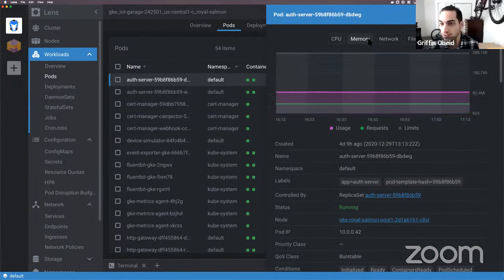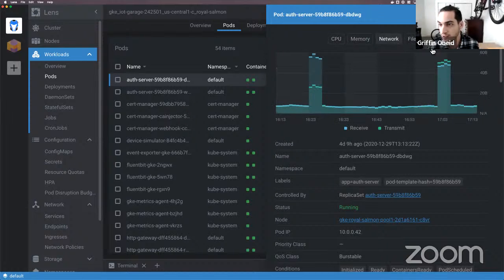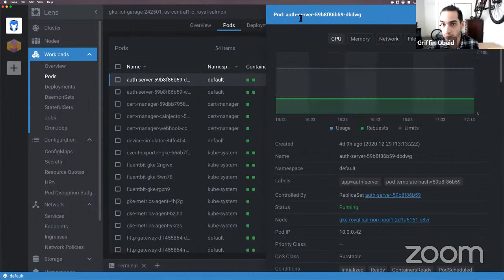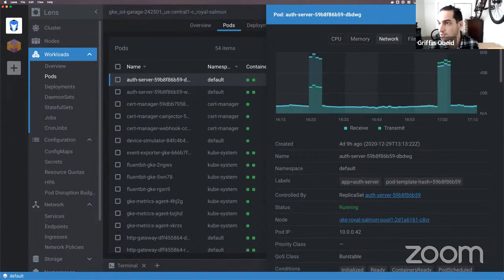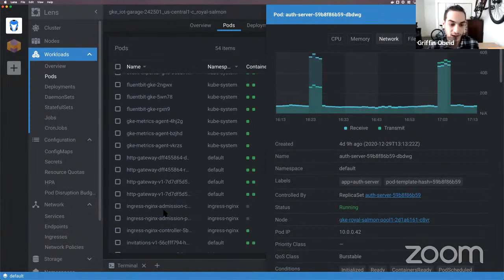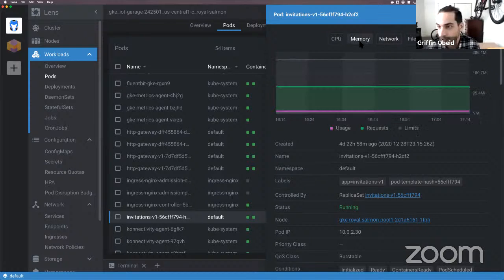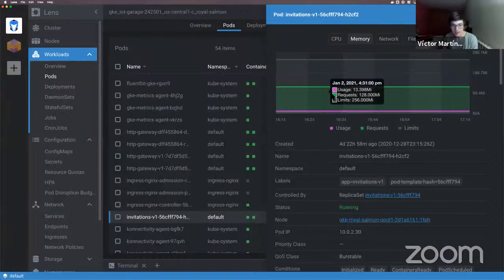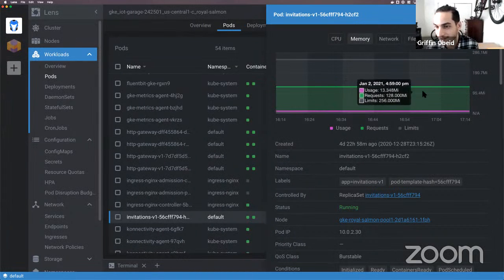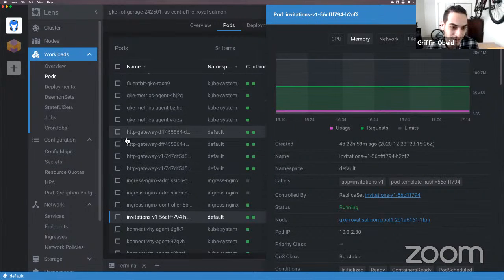Exactly. And you can instantly get all this information about a particular pod, like how much memory and CPU it's using. So that's for our authentication server. That's something I wanted to point out because I think it's awesome. Look at how much memory Node uses compared to Rust. This is the server you created. Memory is a flat line, less than 15 megabytes at all times. But then you look at Node,